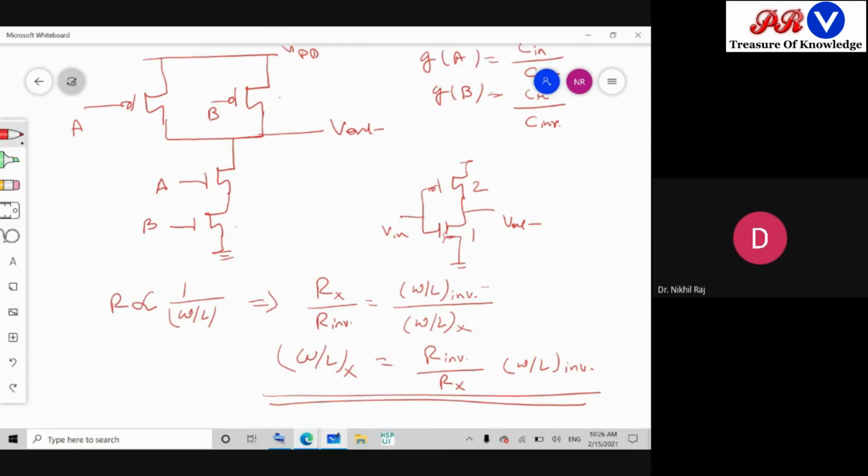Now look here. If we see the discharging path, the W by L ratio of 1 is giving, let's say, a resistance R through which the discharging is happening. And if we see the same MOSFET here with the same signal strength applied, this will give me 1 R value and this will give me 1 R value. So what does the total discharging path consist of? What will happen to this total resistance? Will it get added up or is it in parallel combination?